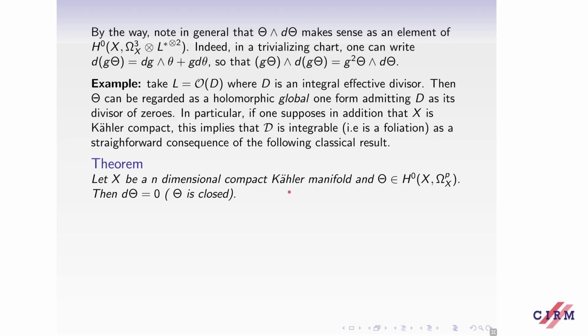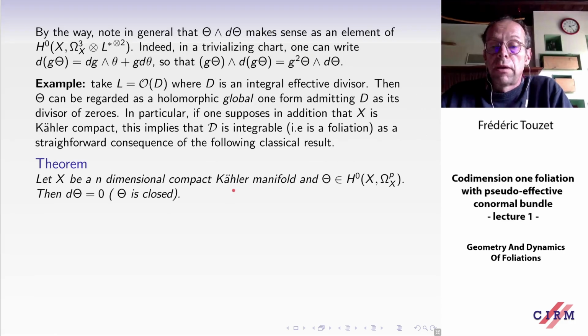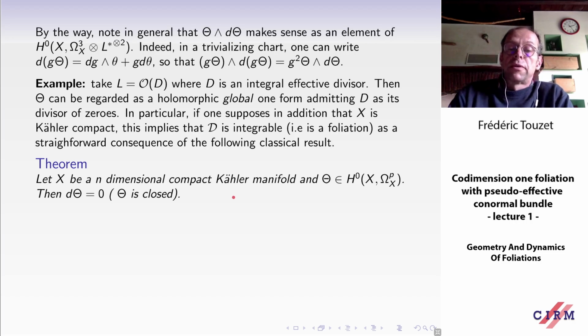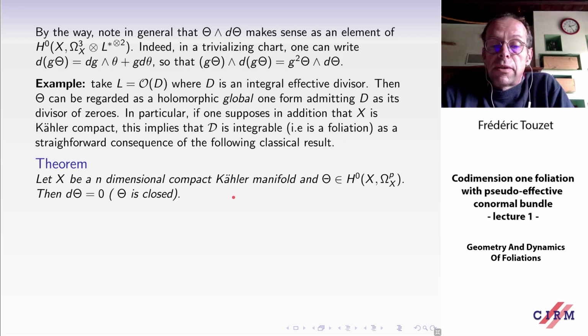In this case, theta is nothing but a holomorphic global one form vanishing at D. And when the ambient manifold is a compact Kähler, it is well known that the distribution defined by this form is integrable, and in fact there are more precise results, which say that this form is automatically closed, and the proof